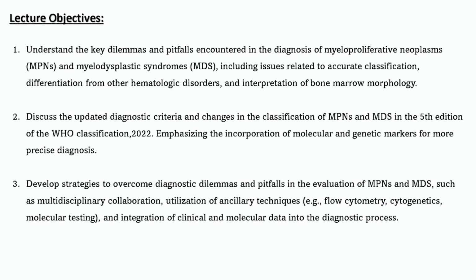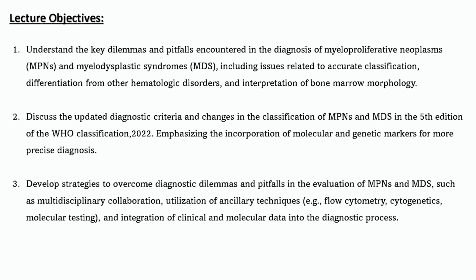My objectives here are to understand the key dilemmas and pitfalls encountered in the diagnosis of myeloproliferative neoplasms and MDS, including accurate classification and differentiation from other hematological disorders and interpretation of bone marrow morphology, discuss the updated diagnostic criteria and changes in MPN and MDS in the 5th edition, emphasizing the incorporation of molecular and genetic markers for precise diagnosis, and develop a strategy to avoid any dilemmas or pitfalls in MPN-MDS diagnosis through multidisciplinary collaboration and different ancillary techniques like flow cytometry, cytogenetics, and molecular testing, which have a very big role